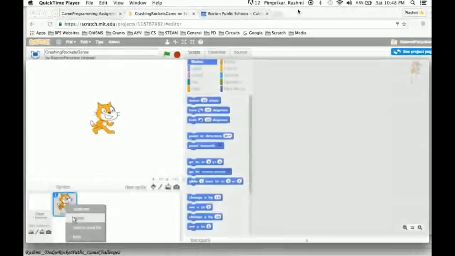Okay, so I'm going to delete the first sprite, that's the cat sprite that's in the original Untitled. So I'm going to start with my Scratch editor, and with a Crashing Rockets game, or Spaceship, Meteor, Collision game, you can name it as you like. So I'm going to get started with that. So we are getting started with the first screen. Let's delete our sprite and let's create